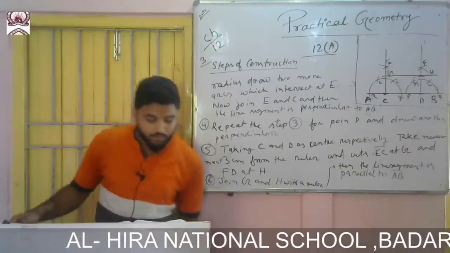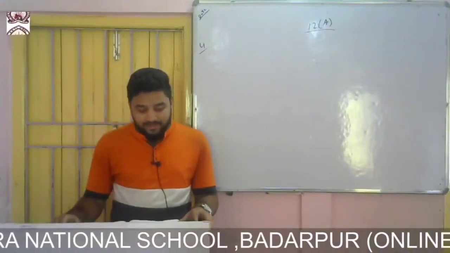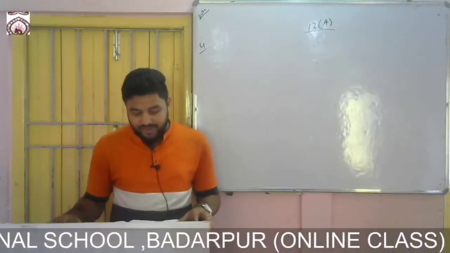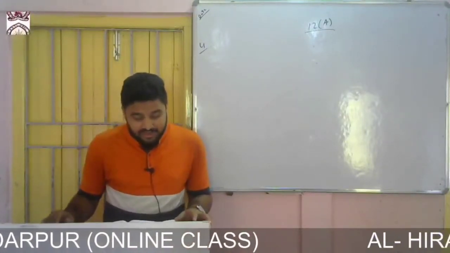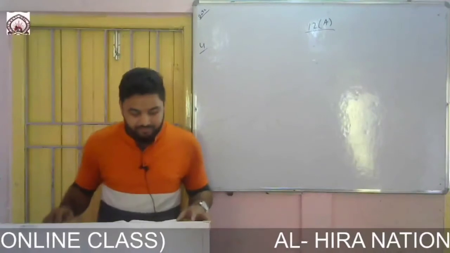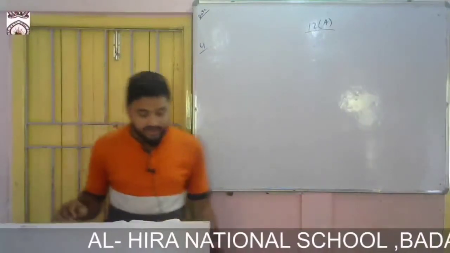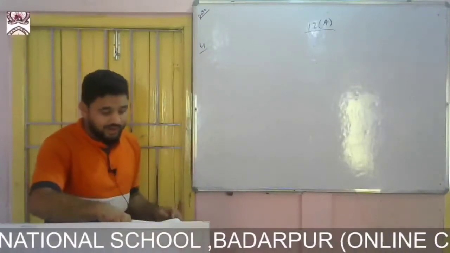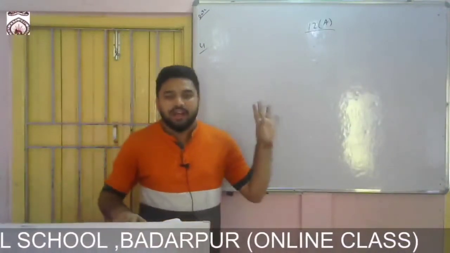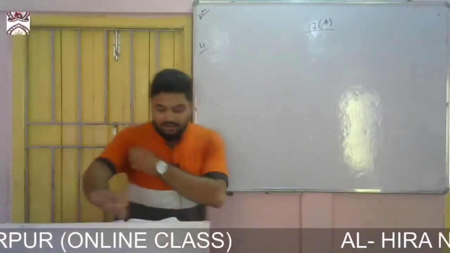Now come to question number 4. These are the steps of construction. Draw any triangle ABC and let D be the midpoint of AB. Using ruler and compasses, draw the line through D parallel to BC to meet AC in E. Measure DE, AE and EC. Do you find that AE equals EC and DE equals half BC? So see how to construct. For this question you need to draw an equilateral triangle, which will be good to construct the rest.